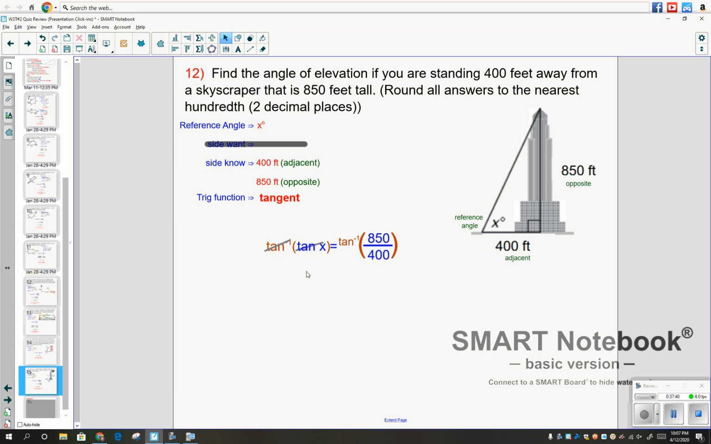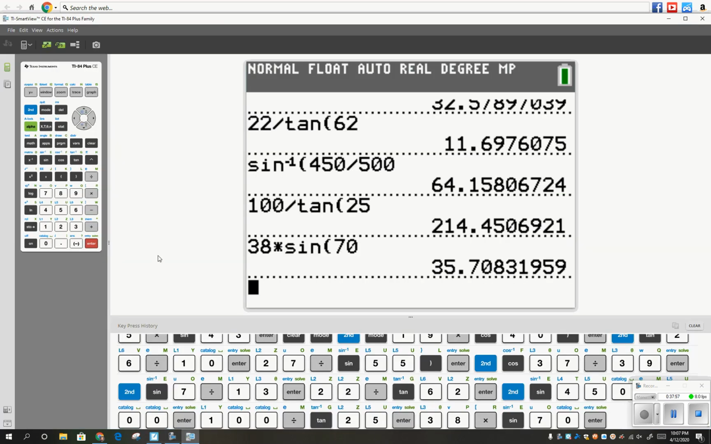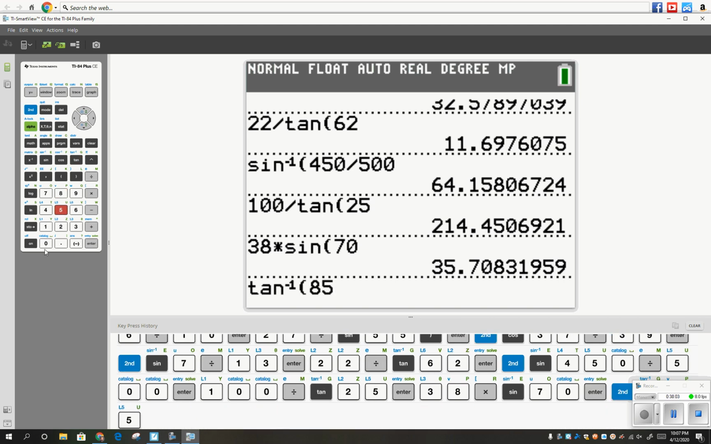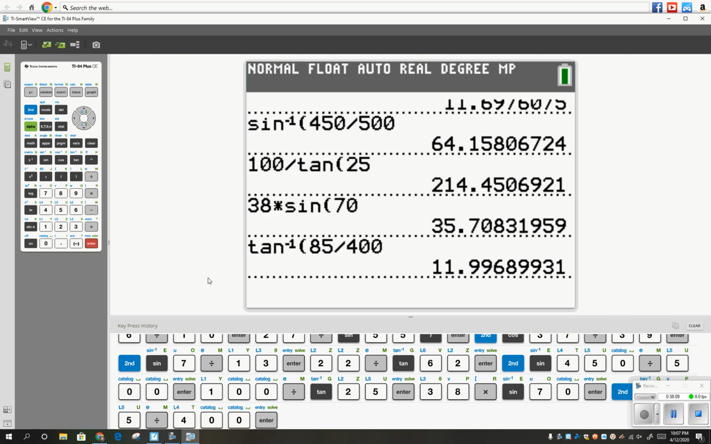They cancel each other out. Leaves me with just what? X equals what? Remember when I do tangent inverse, the left side to cancel out, I also do it to the right. Doing it to both sides. So x equals tangent inverse of 850 over 400. Type that into my calculator. Tangent inverse of 850 divided by 400 equals